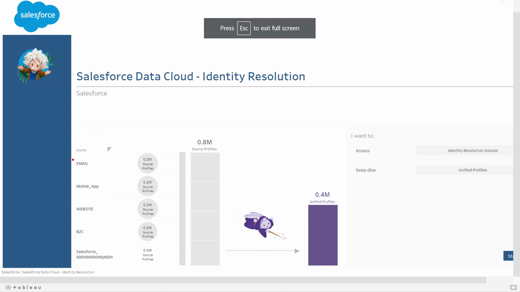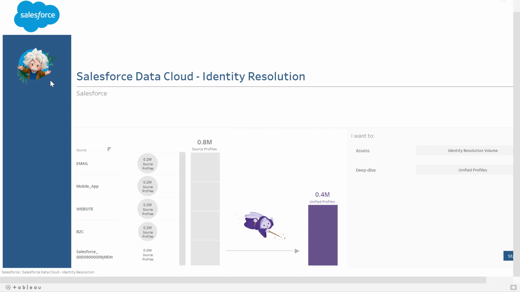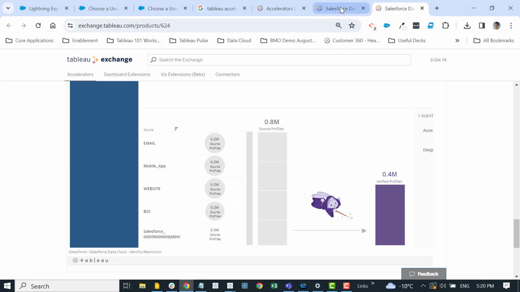using Tableau. I have email, mobile app, websites, they all have individuals. I'm starting off with 800K individuals, and I've actually ended with 400K unified profiles. And then, of course, your other Salesforce